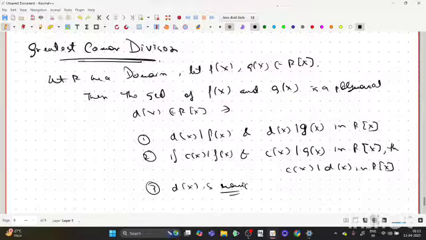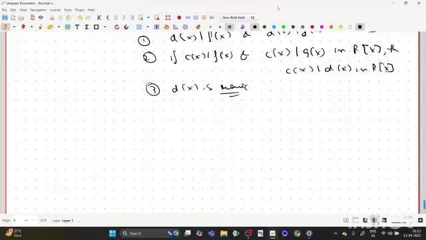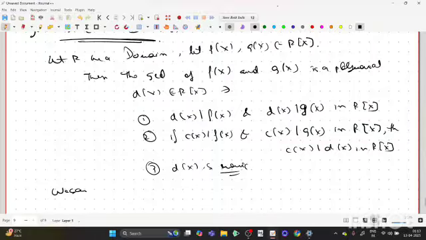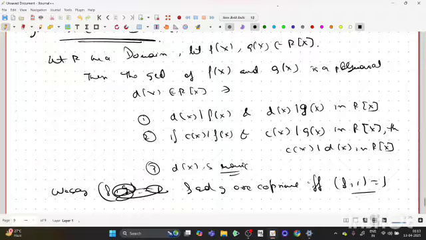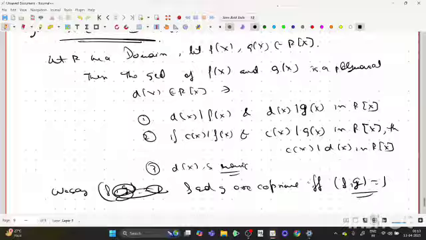Clear? So this is the basic definition of the greatest common divisor, and we say that f and g are co-prime if and only if their GCD is 1. Okay, clear? Fine. So we can in fact prove, and this will be a topic of the next lecture, that